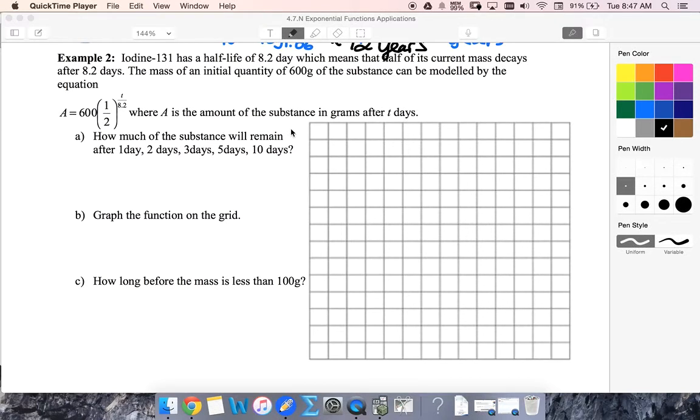All right, students, Ms. Slyman here with our iodine 131. You might recognize this problem from a few days ago. So now we're going to look at this. Now we've got a starting mass of 600 grams, and we're going to look at how much we have in different amounts of days. So the way that I'm going to look at this, I'm going to make a table